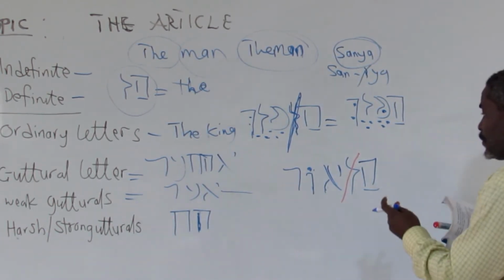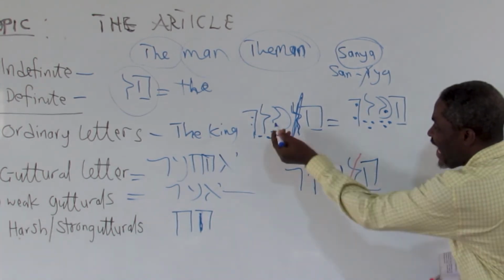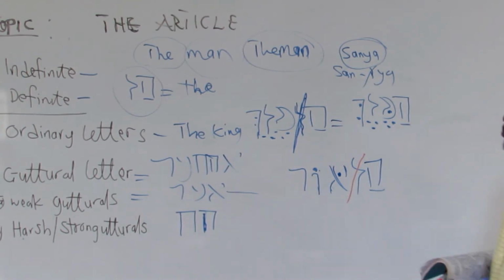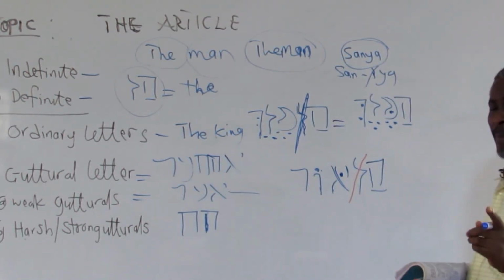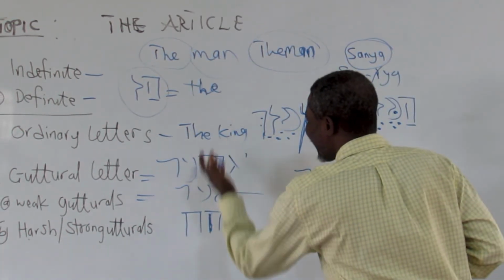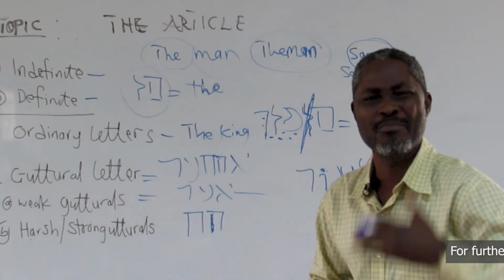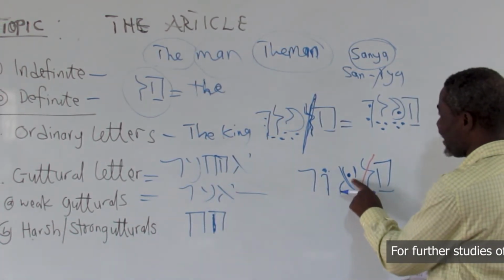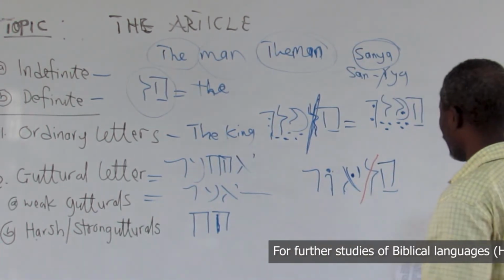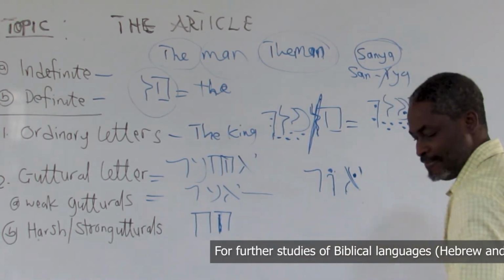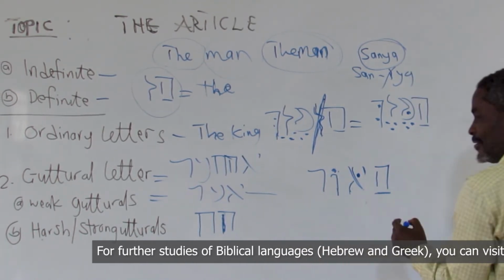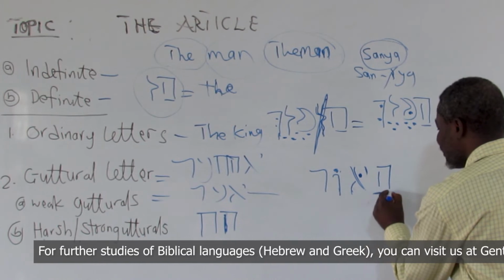According to principle, what we need to do immediately is to add a dagesh forte to the next letter to compensate for the lamed. But for weak gutturals, that is not going to happen, because in the real sense, any of these gutturals cannot admit a dagesh forte because they cannot be doubled. Once you add a dagesh forte, the letter is doubled, but in Hebrew, that is not going to happen. So what we do is put the ha, but instead of putting the pata, you elongate it to make it a kamets.